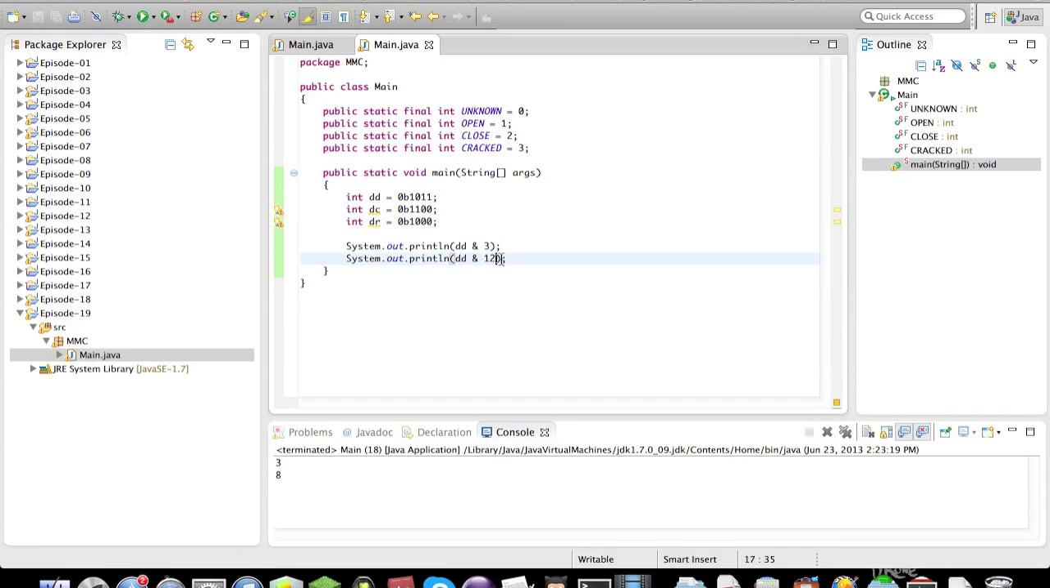So what we're actually going to do is take this and bitshift it 2 to the right, so it eliminates the 2 zeros. So now the right door is cracked, and the left door is closed. So what we can actually do is say,